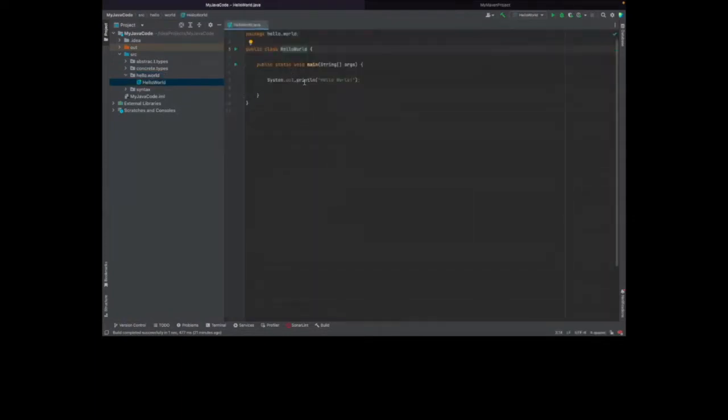So we have a bunch of boilerplate extra code. This is one of the criticisms that a lot of people have of Java, is that you have to have things like package lines, and everything has to be wrapped up in a class. And there's lots of keywords and things that you have to write if you want to get just writing programs. I really don't mind it. I quite like the structure that comes along with it. But people have differing opinions, and that's fine. So to explain what's going on here, package hello.world.